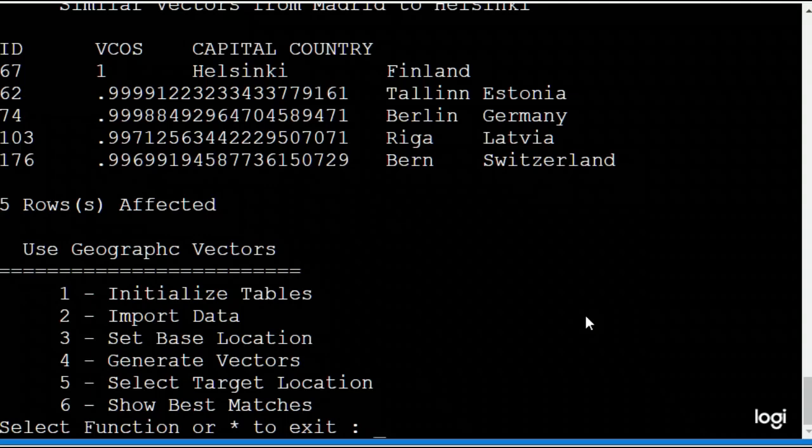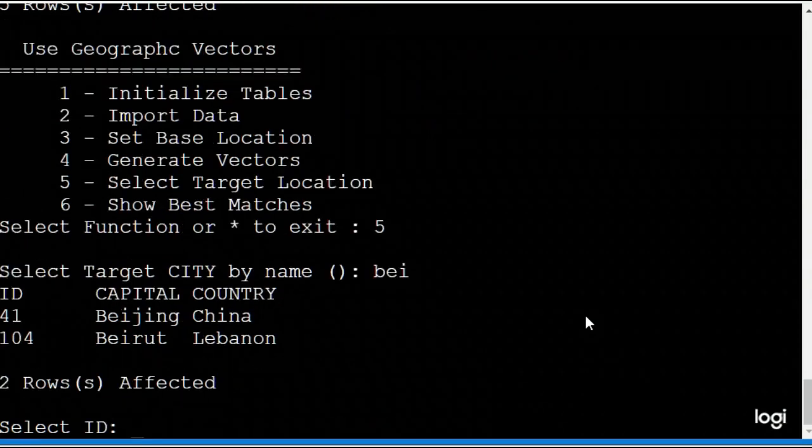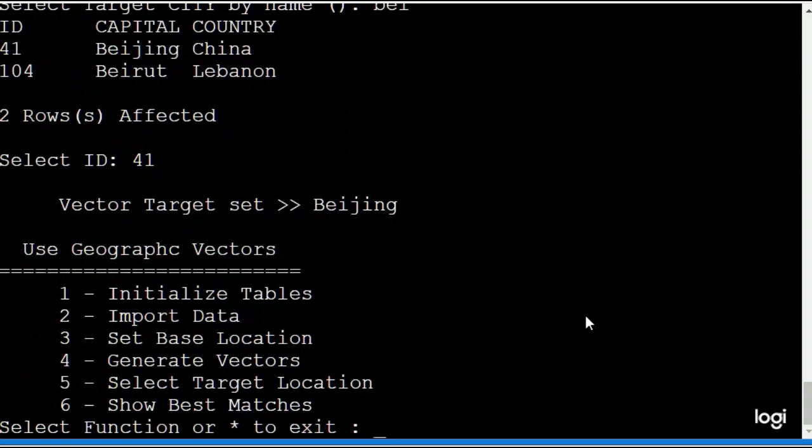So, what does this filter mean? If I take another example, I set a new start location from Madrid. Start a new target location going from Madrid to Beijing. Beirut, you know, we want to go to Beijing. And if we now go for the best matches,